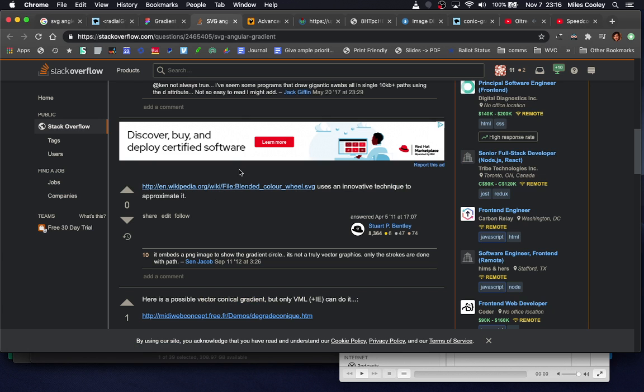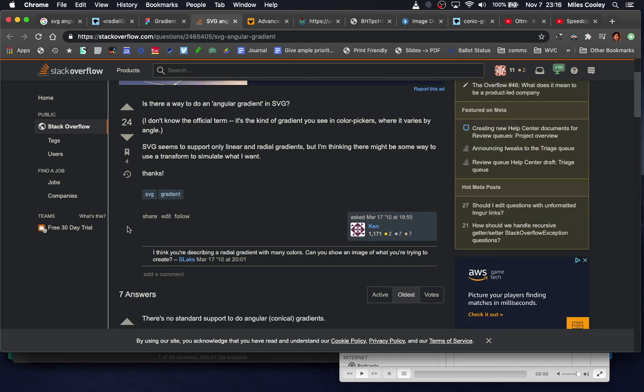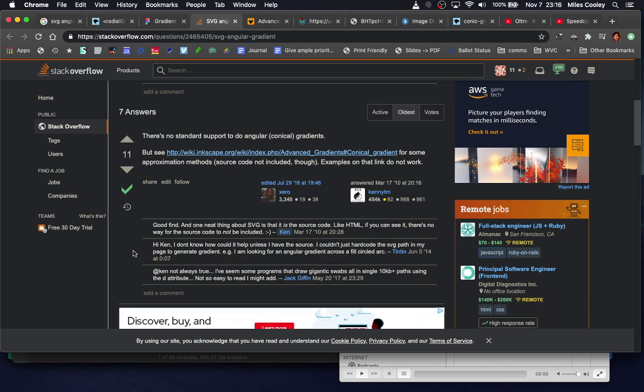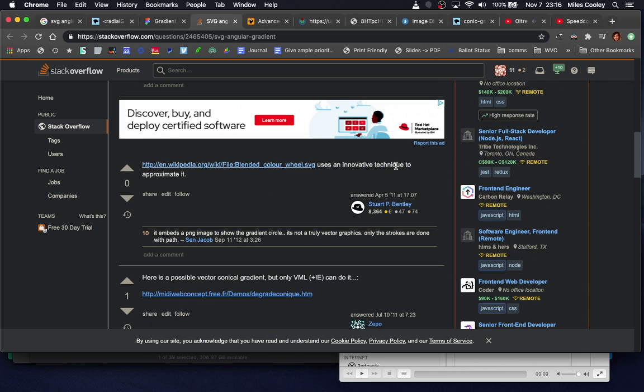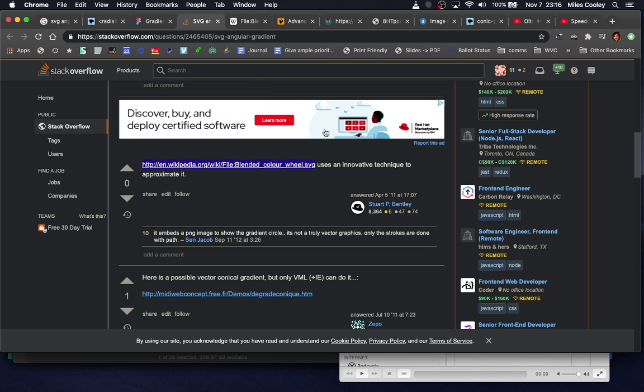Here's the closest I got. I found a Stack Exchange article where someone was trying to figure out how to do that. Is there a way to do that? This guy uses approximation methods. This one uses an innovative technique to approximate it. I don't know if this was an older version, but as this person says, it embeds a PNG. It's not truly vector graphics. And I would add that is not the most innovative technique I've heard of. But anyway,